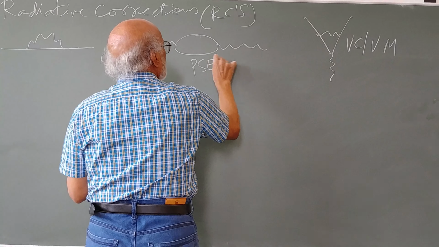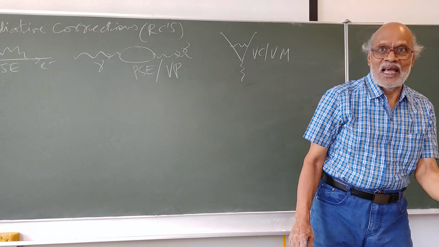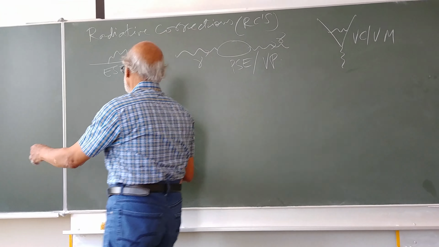So out of those 8 fundamental vertices, we can construct the next order diagrams, which are the tree level diagrams. So for example,